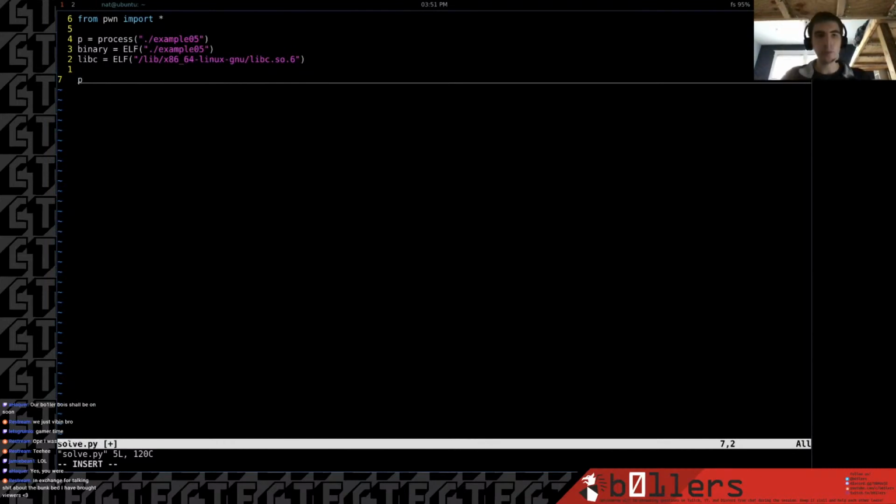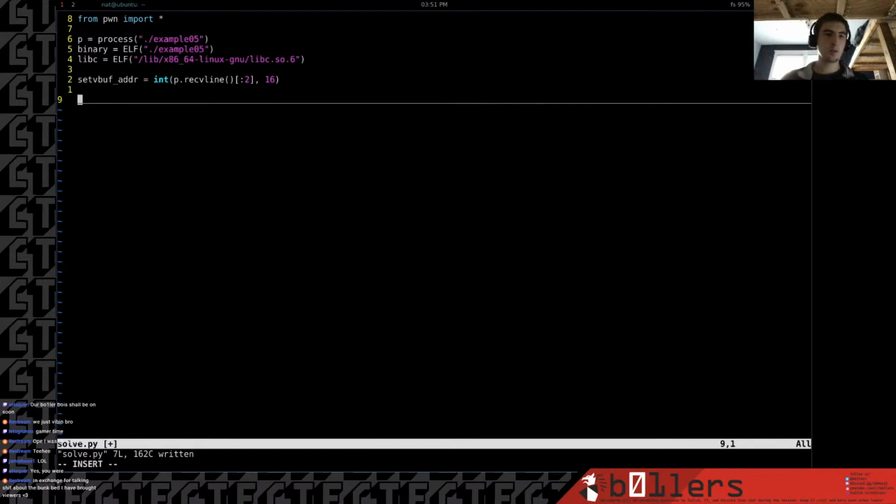So now we can receive a line. This is where it printed the address of setvbuf. We need to convert this to an integer somehow so we can do math on it. There's a 0x in front of it, so we're going to use Python to ignore that, and we're also going to convert it to int. It's in hexadecimal, so base 16. setvbuf